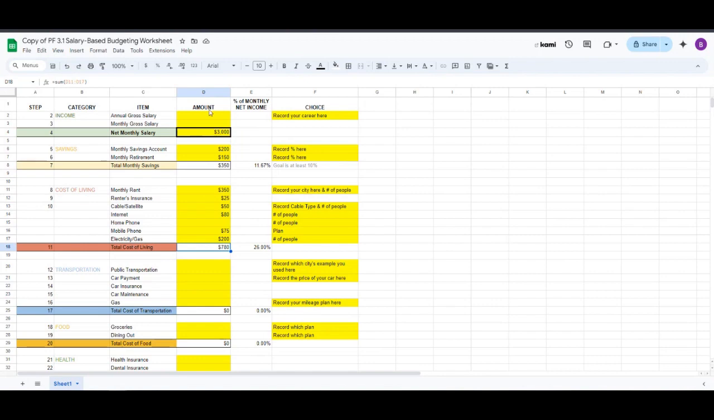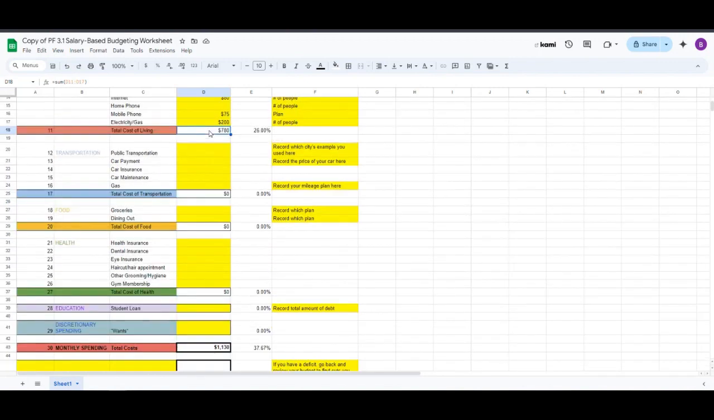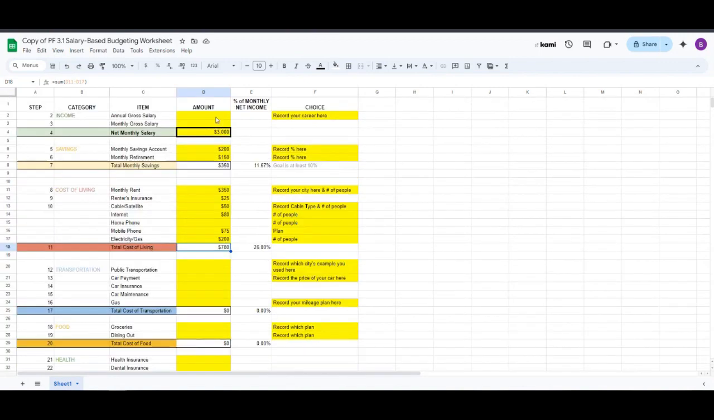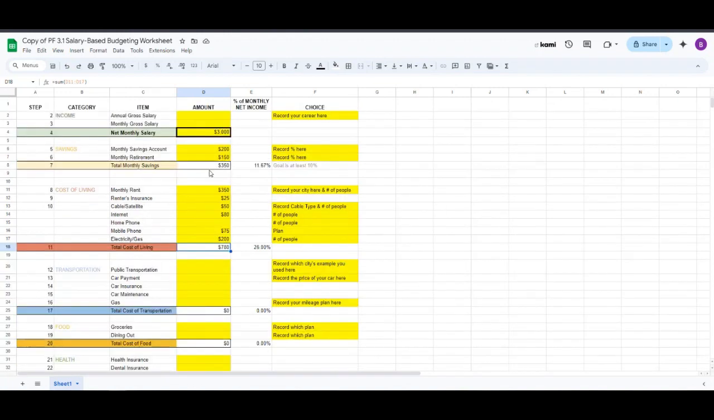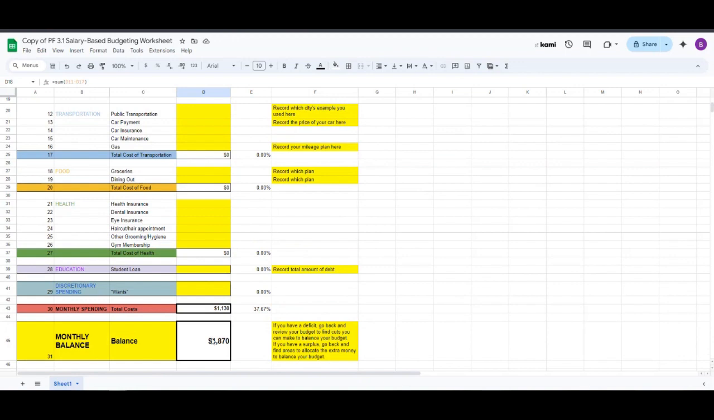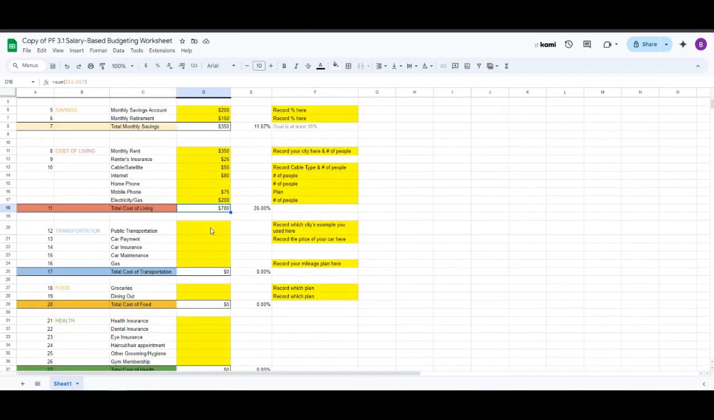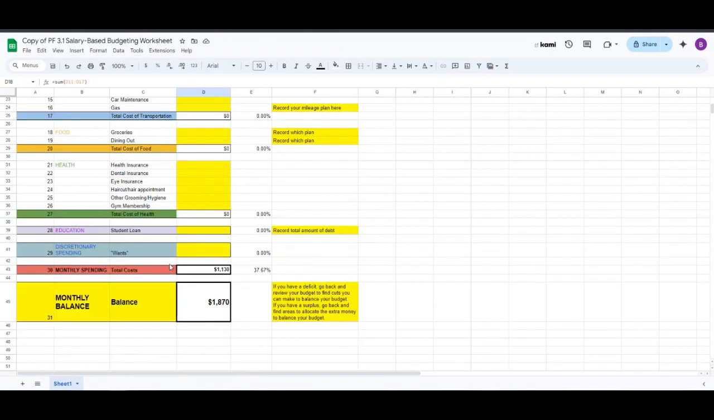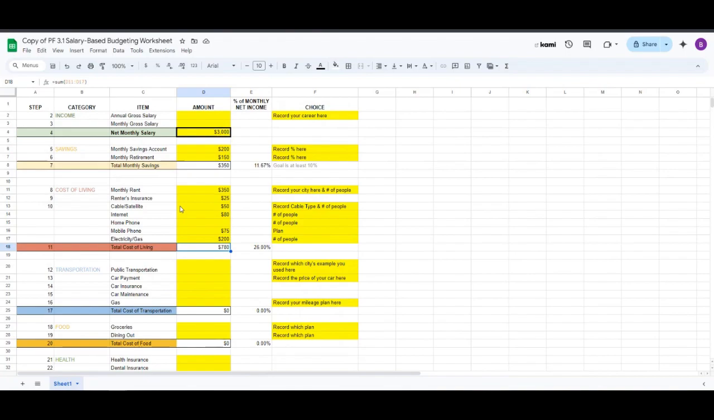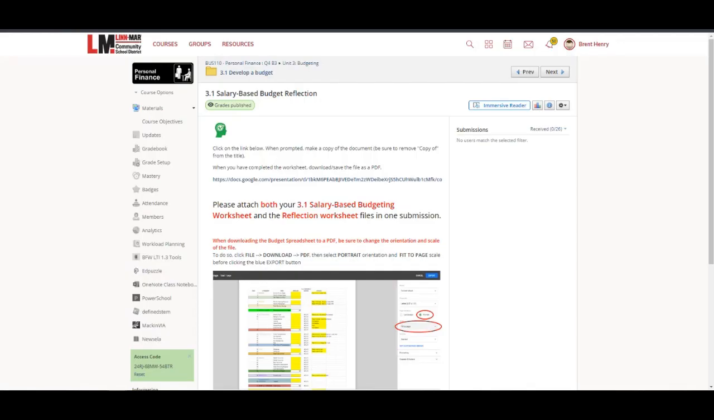All right. Once you get through all of that, you can see I started at 3,000. My total spending was 1,130 so far. So I've got 1,870 of this 3,000 that hasn't been allocated. So you want to get that down to zero. You want your monthly salary to equal those total costs. All right. When you get it down to a zero budget,